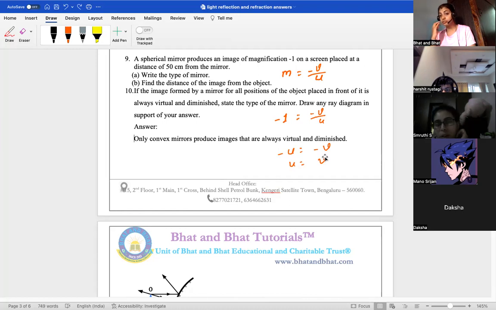Ma'am, since u is equal to v, it will be a concave mirror. It is a concave mirror. Yes, correct. It is a concave mirror. And then